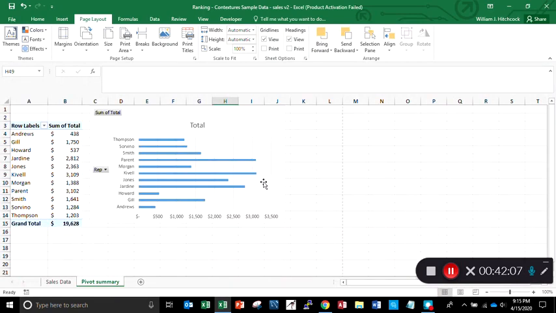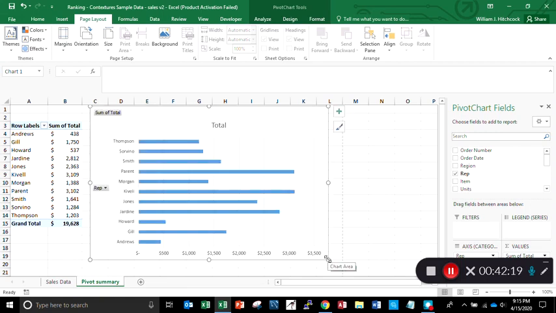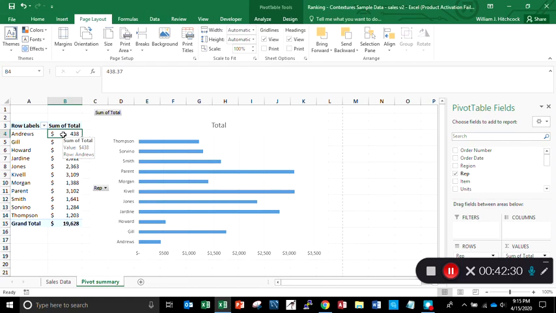So I've got a bit more room. I'll click on the chart and drag this over a bit. That'll help make it a bit easier to see what this is. All right, the chart title isn't the greatest, but the other thing that's more important is